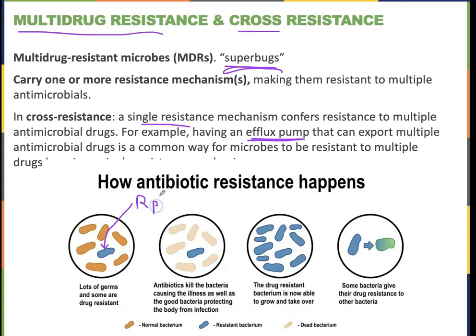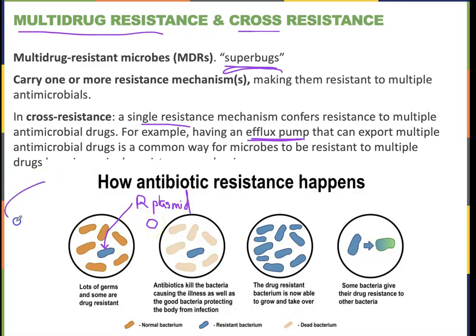We talked a little bit about R plasmids in the genetics chapter. We talked mostly about the F plasmid for fertility. The R plasmid, or also called R factor, is another plasmid. So it's a little piece of circular DNA